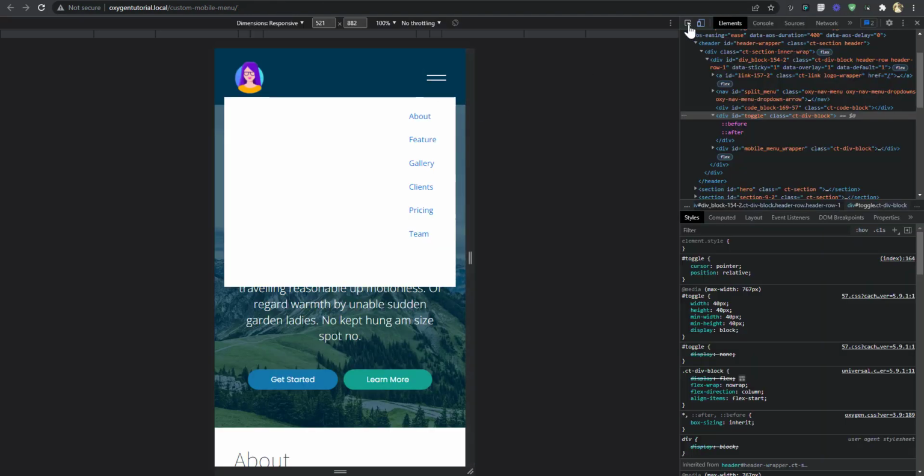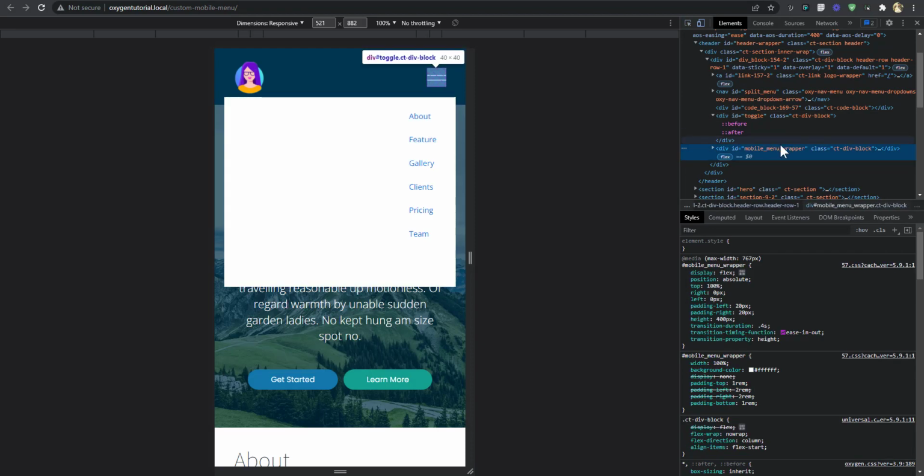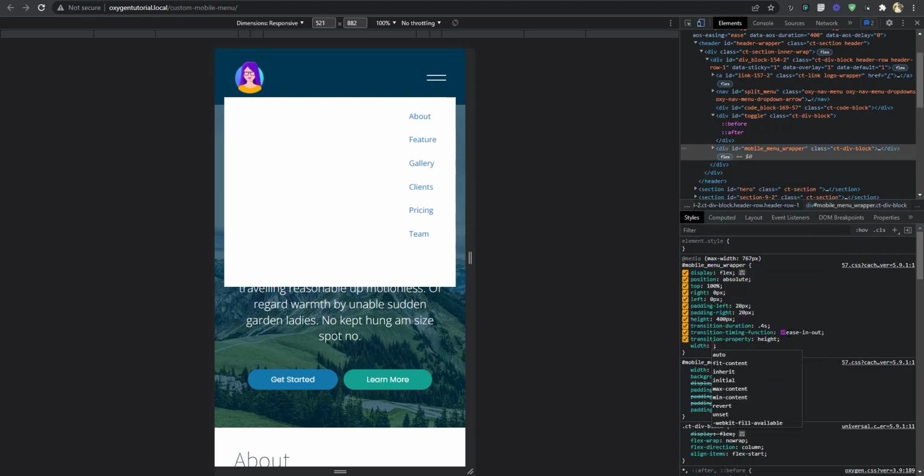First of all, this is not getting to the end. So what's the problem? Let's see. The mobile menu wrapper is supposed to be 100% width. I thought we had a width of 100% there. It's not affecting it.